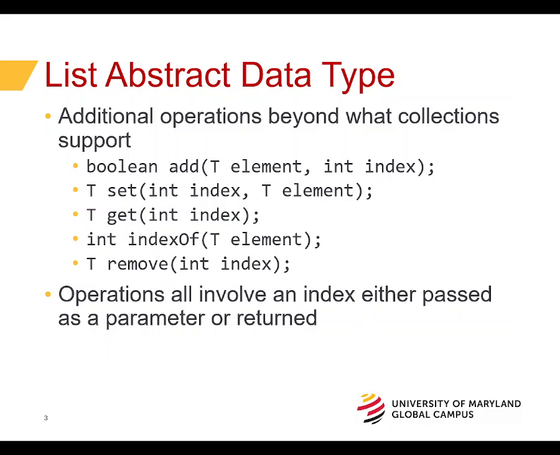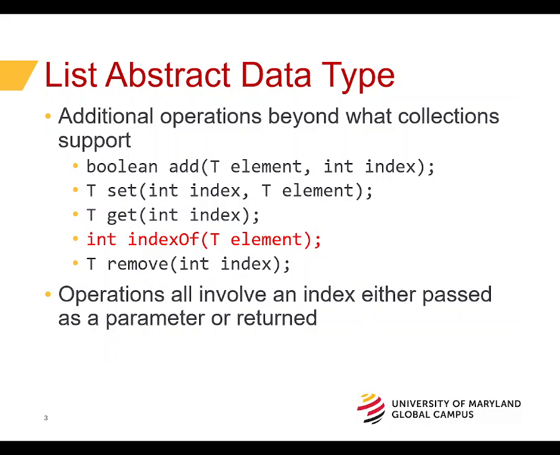Having described how lists differ from collections, before we get into the implementation details, let's look at a list as an abstract data type. Specifically, let's see what additional capabilities are needed beyond what collections provide. We need an overloaded add method that specifies at what position an element should be added, and a set method that changes the value at a specific position, a get method that returns the value at a specific position,